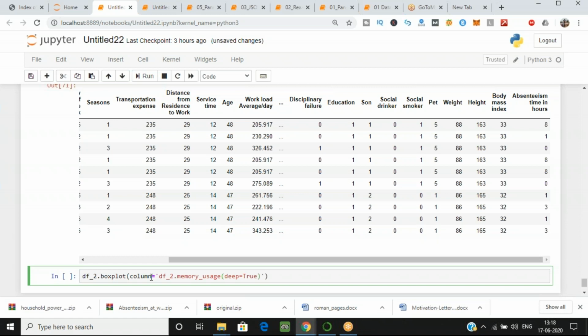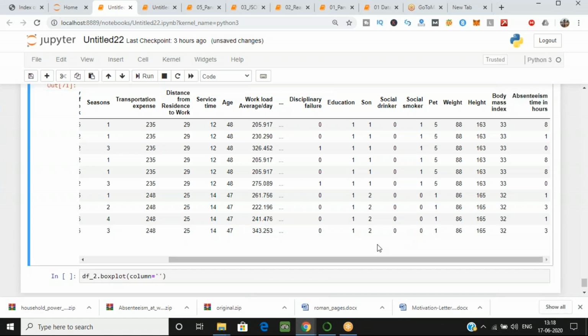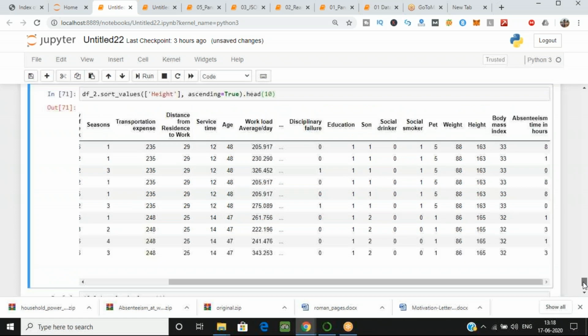Let's take another column for that. Let me see which column we should take. Again, let's take reasons for absence, which we have converted.